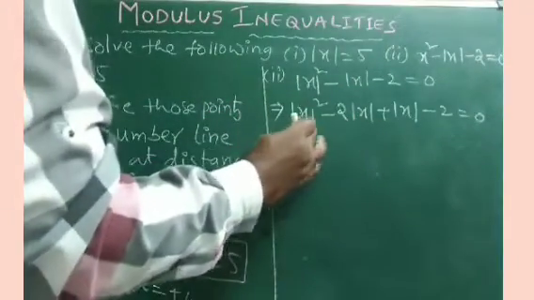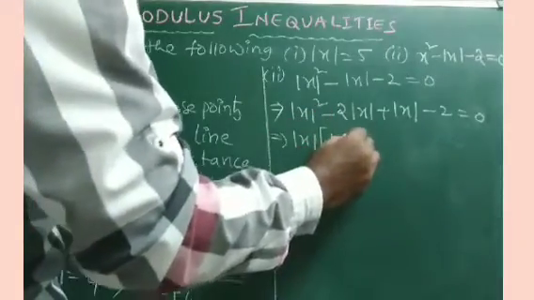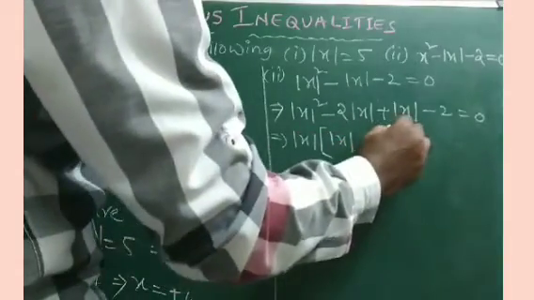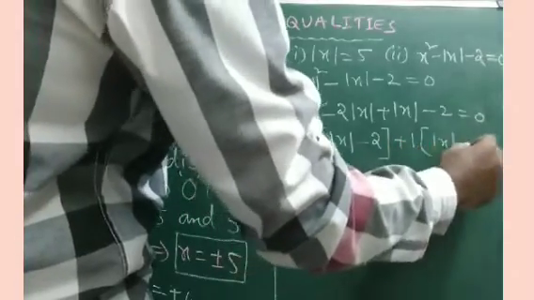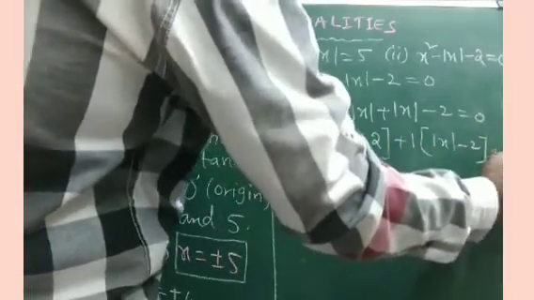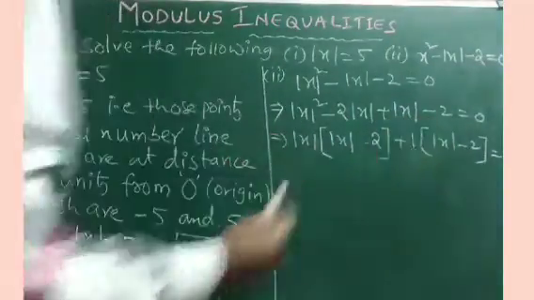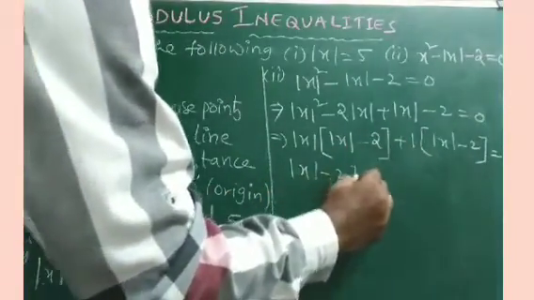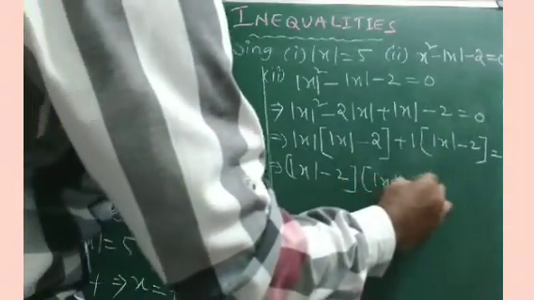So from the first two, we can take modulus of x common. If you take modulus of x common, there is one more modulus of x and minus 2, and from these two we can take one common. Hence this is modulus of x minus 2, which is equal to 0. We took mod x common from the first two, and one common from the last two. Now this is the common factor. Hence modulus of x minus 2 is one factor. If you take it common, then the rest is modulus of x plus 1 is equal to 0.